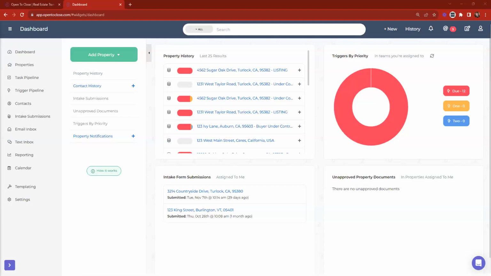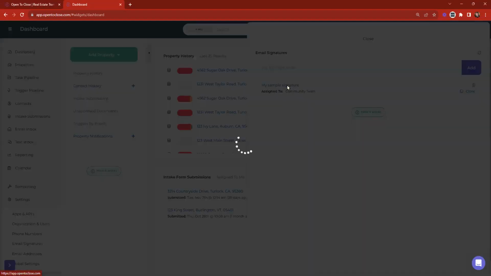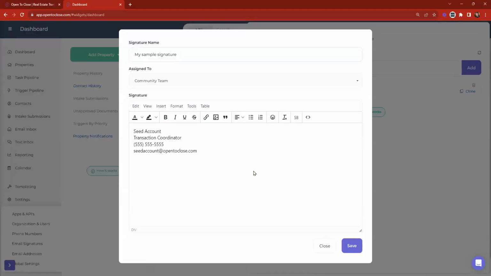It looks like there've been some questions about how to add in an email signature image. Now, I know that our email signatures are really cool and you can add in a ton of different things, right? You can paste in most everything into here. But if you paste in an image and it's not working, it could be that the size of the image is a bit too big. That could be it. If that's the case, if you have an application like Adobe, or a photo editor